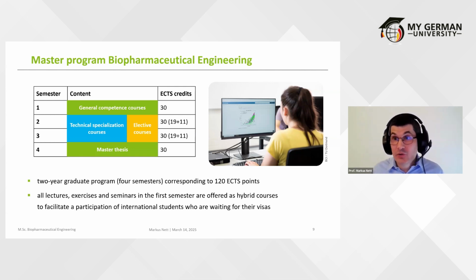Now, the designed courses for the biopharmaceutical engineering specialization are taught in semesters 2 and 3. They include dedicated classes such as drug formulation engineering and process analytical technology, but you can also select from a variety of technical specialization courses and electives. You will then conclude your studies in the 4th semester with the preparation of the master's thesis. You can do this either at the university or maybe also in collaboration with a company or industry.